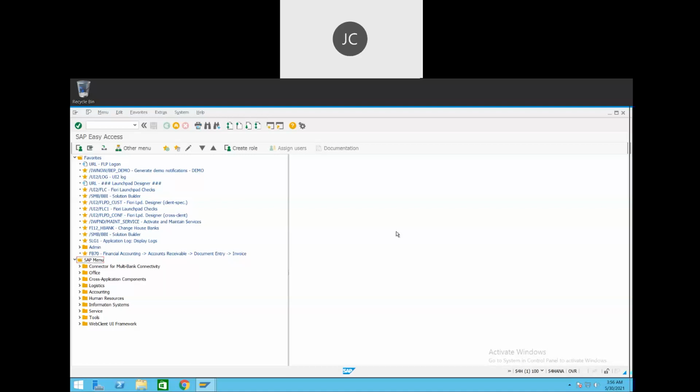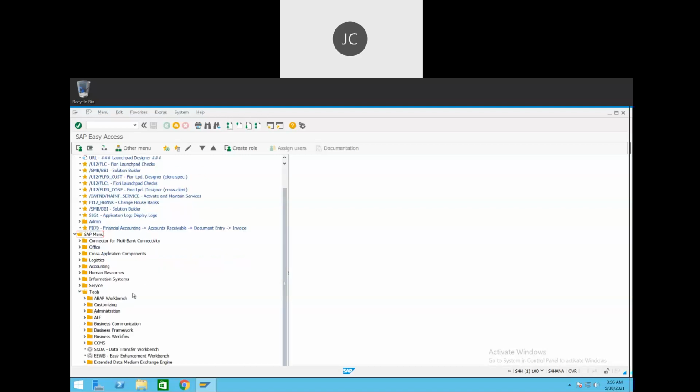So two ways are there to go there. Okay. As I told you, there are three ways to access any transaction, right? So first is the SAP menu. We can go from here. We can go to Tools under the SAP menu in Easy Access. First, under the SAP menu, we come to Tools. Under Customizing, we can come to IMG. Okay, so many things are there. We will come to them slowly, but many of them are not useful to us. So I will just focus on what is useful to us.